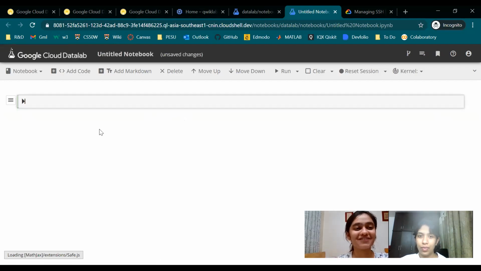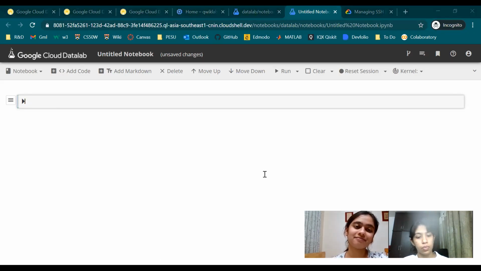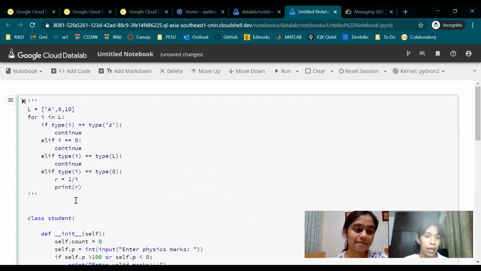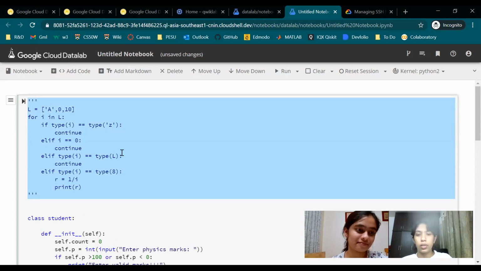Ishita can do the honors of writing the code. We just have a sample code ready, just to show that it's working and running on the cloud, the Data Lab notebook. I'll just enter the code in this cell. This part is commented, it's not needed.